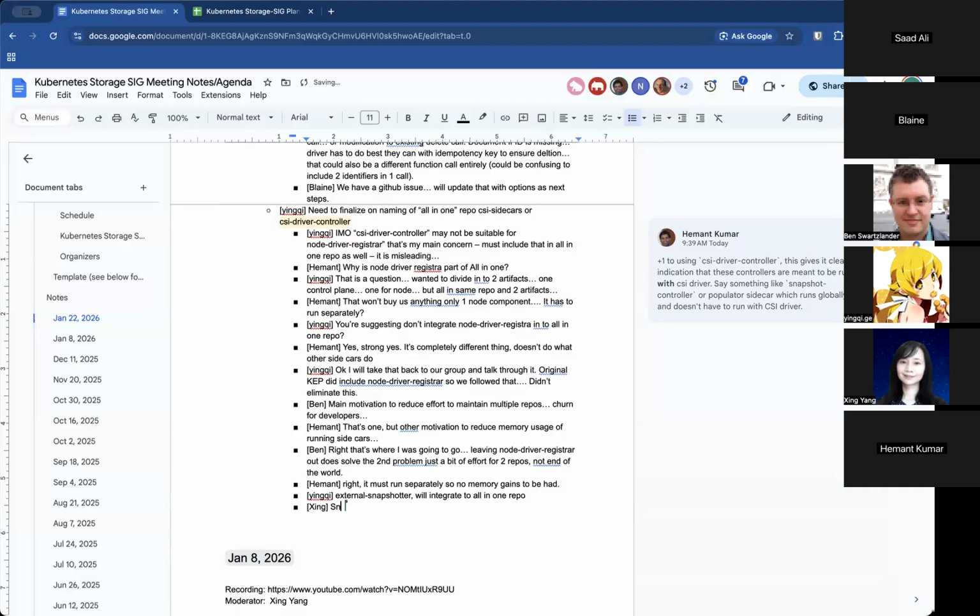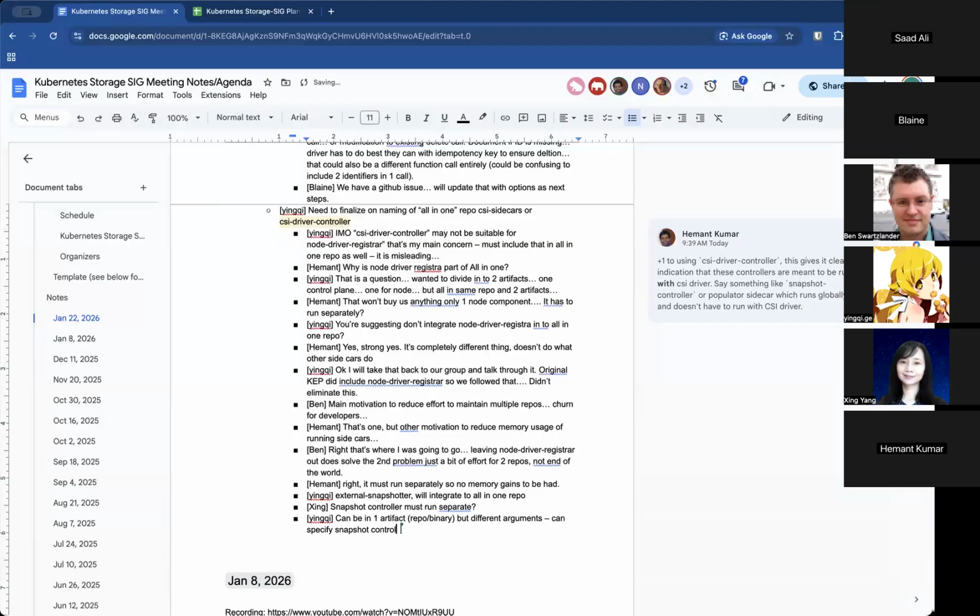That cannot be part of your sidecar container. I think they can be in one artifact, but with different arguments. If we specify the snapshot controller, they can run independently.